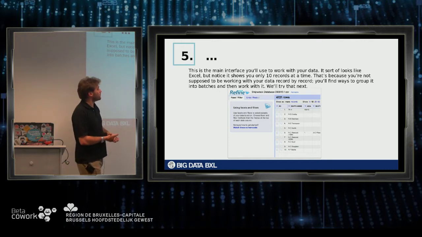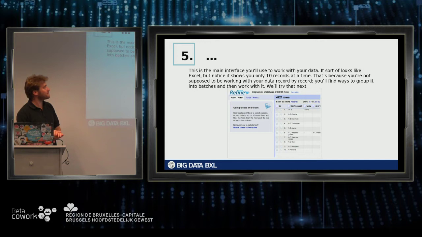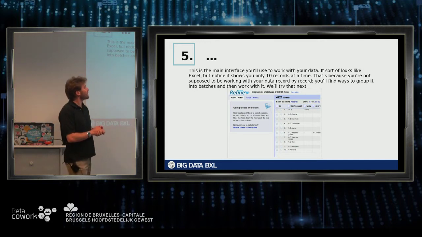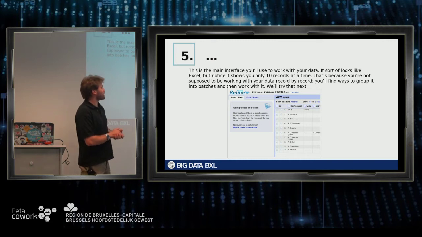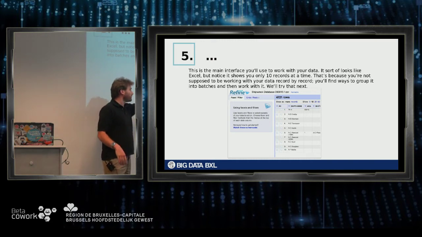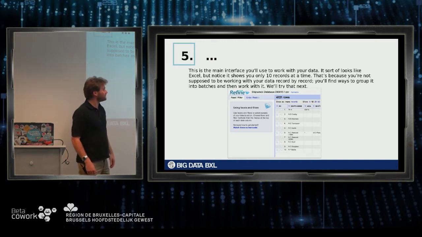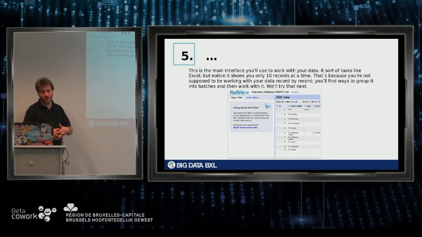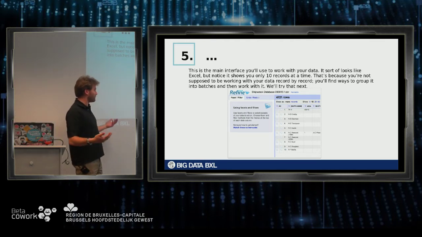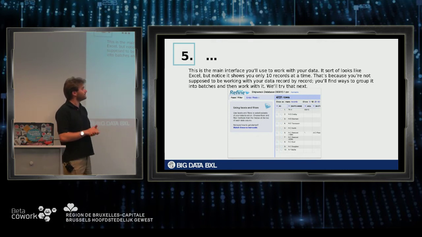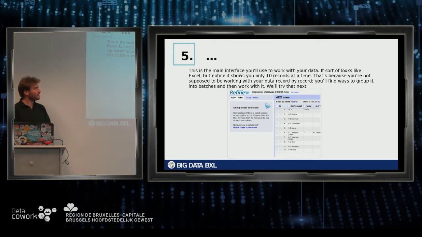And so you end up in this project interface, and this is really the main place where you do things. So you'll notice that you see very few lines. You only see 10 here. 10 lines is not the entire data set. It just means that, okay, this is just to show you what the data looks like, but it's not meant to browse through every single record, sorry.